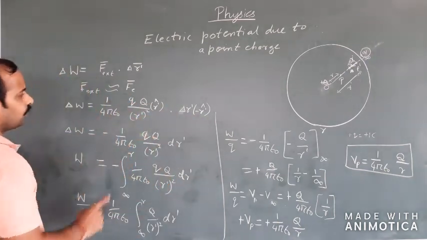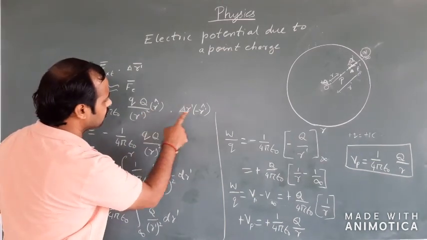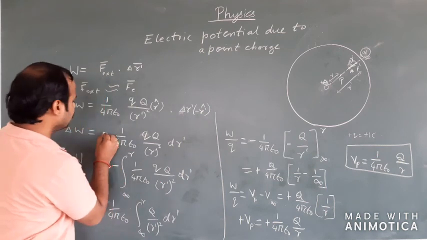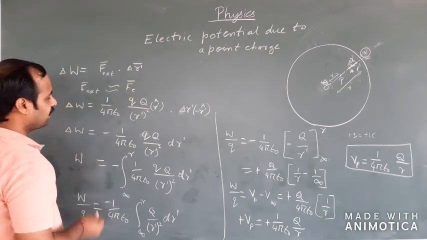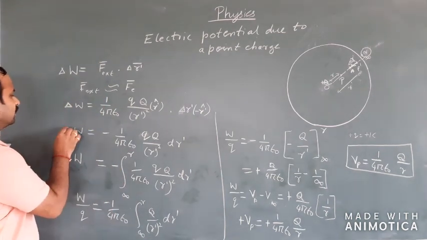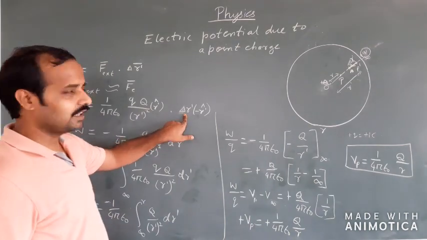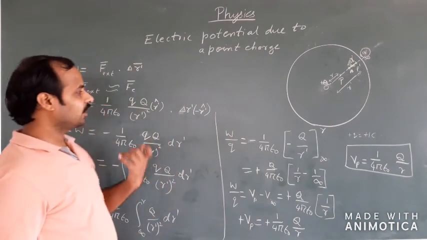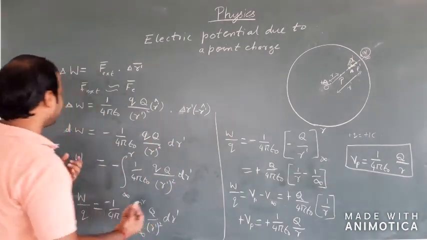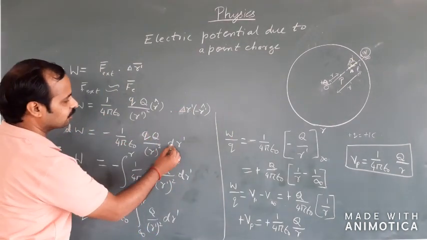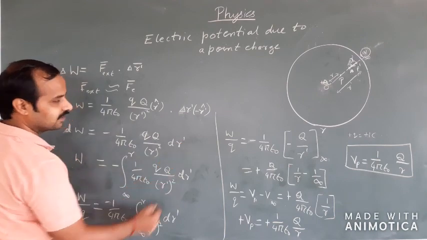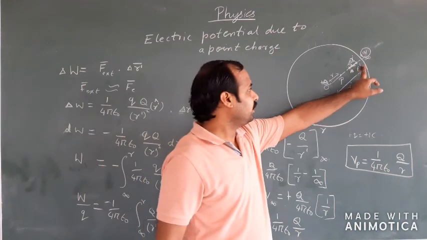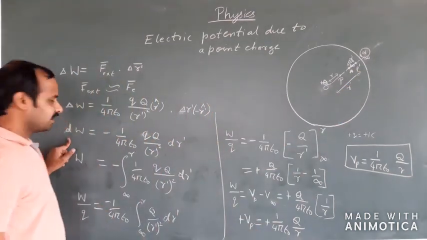So, we are going to take the dot product. We know that the dot product of R dash cap and minus R dash cap will be equal to minus 1. So, I have taken minus 1 here, and I am going to make sure that this particular delta R dash is as small as possible, that is, tending towards 0, in which case I can write delta R dash bar, delta R dash, as dr dash, and the work done in displacing a charge from P dash to A, I can write as dW.